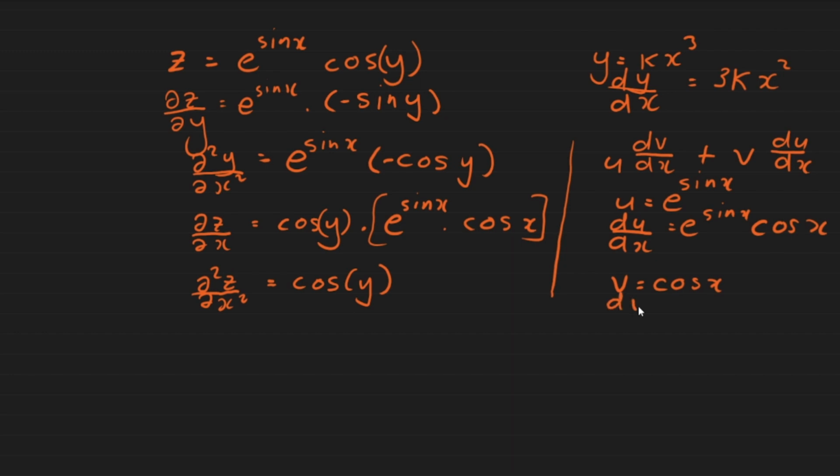Therefore, dv dx is equal to minus sine x. Putting all of this into the equation, firstly, u is e to the power sin x, multiplied by dv dx, which is minus sine x, minus sine x,